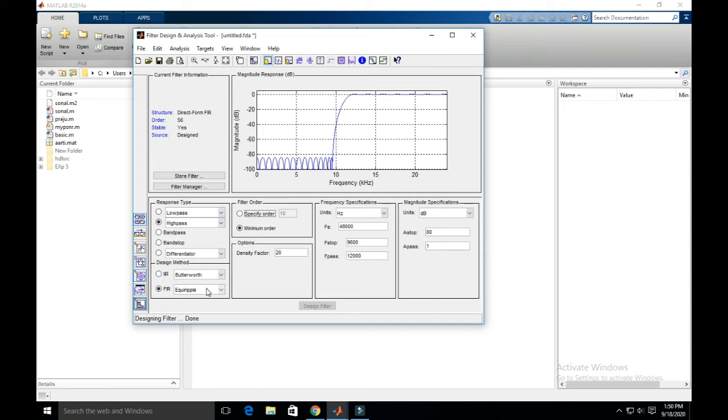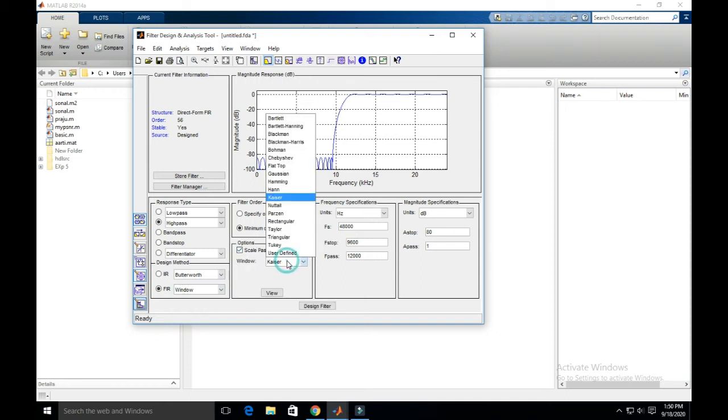Suppose you want to use a window in a FIR filter, then just go to the window option. Automatically the window will come into the options. You can select any window: Bartlett, Blackman, Hamming, Kaiser window, rectangular, triangular.